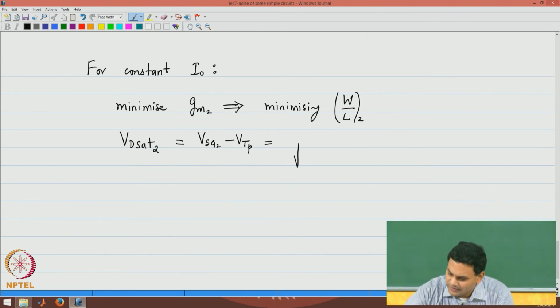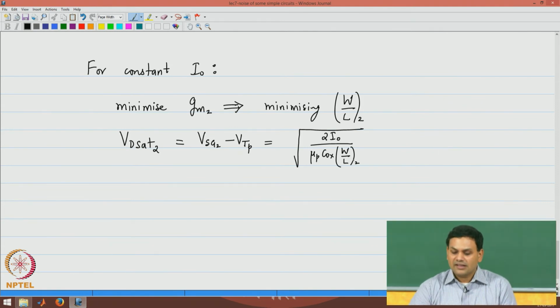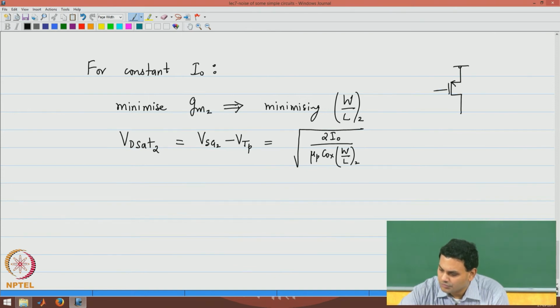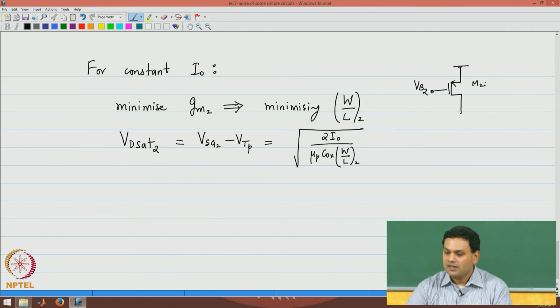Please note that this is inversely related to the W over L of the device. In other words, if you have a constant VB2 at this point, for a constant current, by minimizing Gm2 and therefore minimizing the width over length,